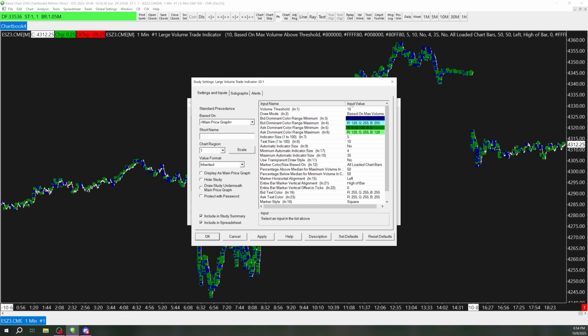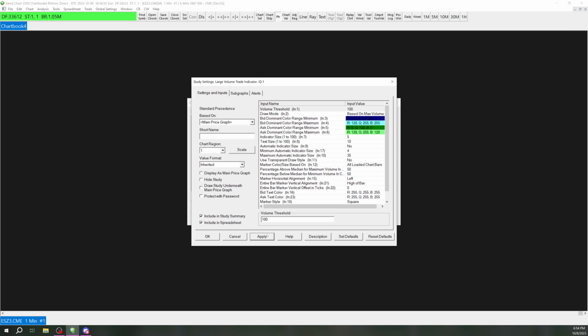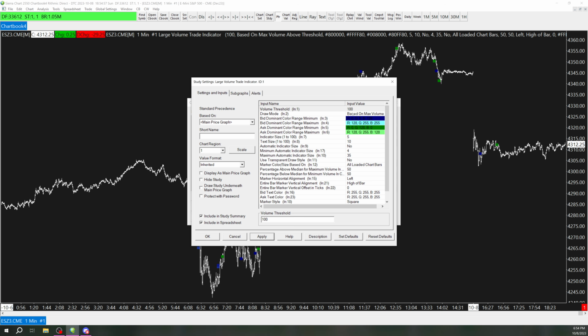So first thing I'm going to want to do is change this volume threshold to be a little bit higher. We don't want this to be 10 because this will show us way too much. Kind of like if you're looking at the tape, you want to filter it to higher orders if that is what you're looking for. So filter it to 100, and now you'll probably be able to see that there's a lot less signals,